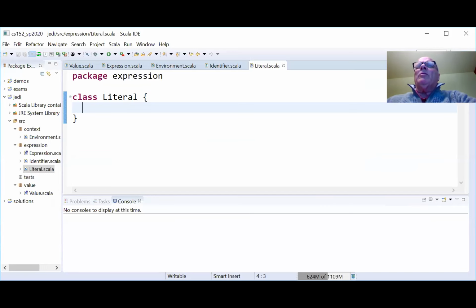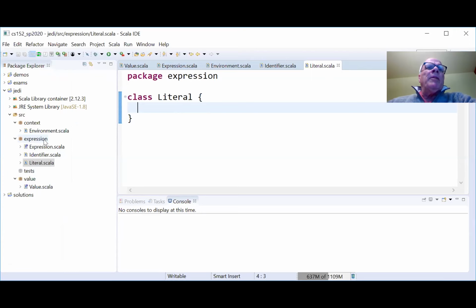Let's see, a match case expression. I think it's calling, I get not found identifier environment.scala. All right, let's check that out again. So here's my package structure, your package structure.